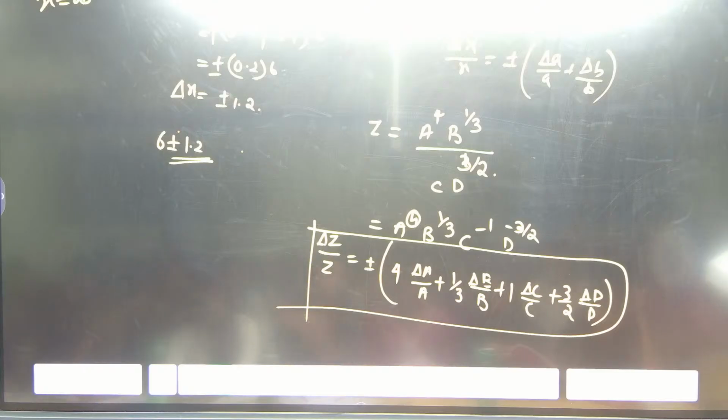The percentage error in measurement of mass and speed are 2% and 3% respectively. The error in estimation of kinetic energy obtained by measuring mass and speed will be,